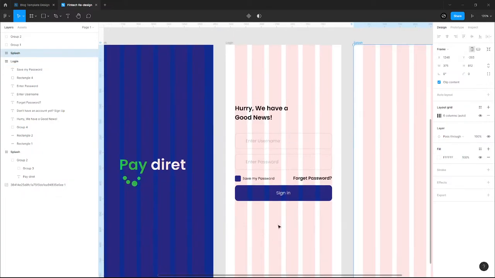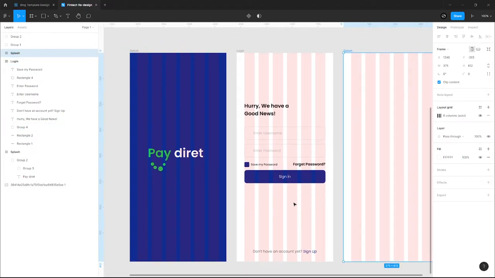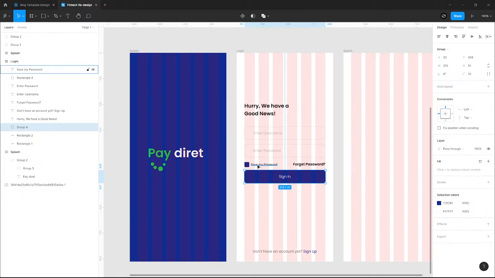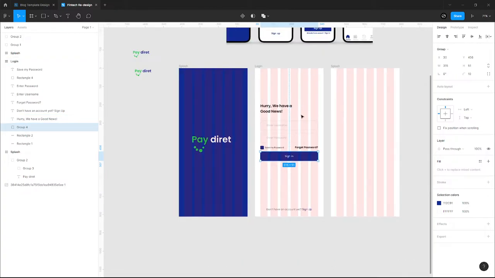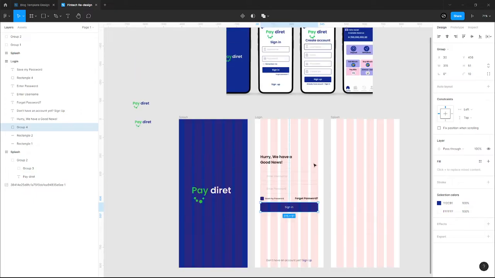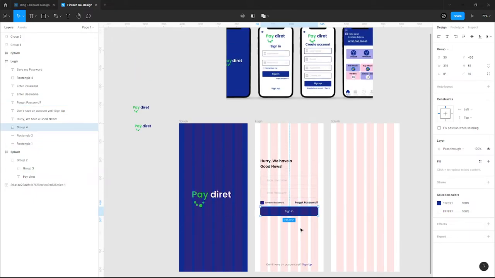Once you're done with that, you can start designing. As you can see, these are the things I've done so far. This is the button, this is the button, this is the form, and this is the text. What I'm going to do, guys, is create a better experience for users. With this UI, I want to create a better experience for users and something that is much more amazing